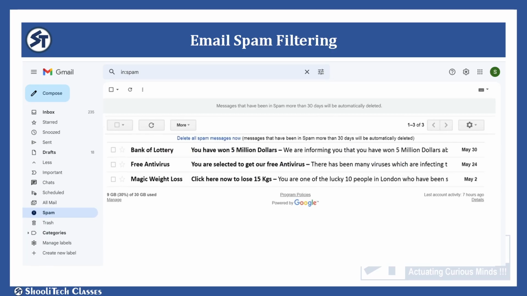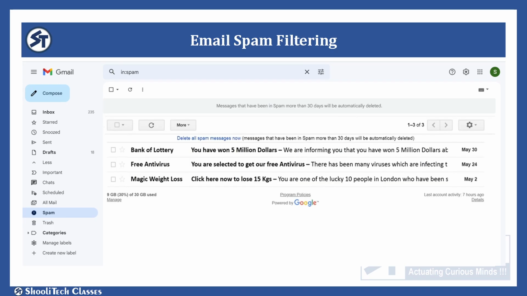Next comes email spam filtering. Just think how many mails are exchanged worldwide every second. And among these mails, there are so many that are advertising some product or some game lottery, or maybe a fraud mail. Means they all are spam mails. They are generally of no use to you, and so you don't want such mails to be a part of your regular mailbox. The solution is to transfer such mails to a separate folder so that these mails do not get mixed up